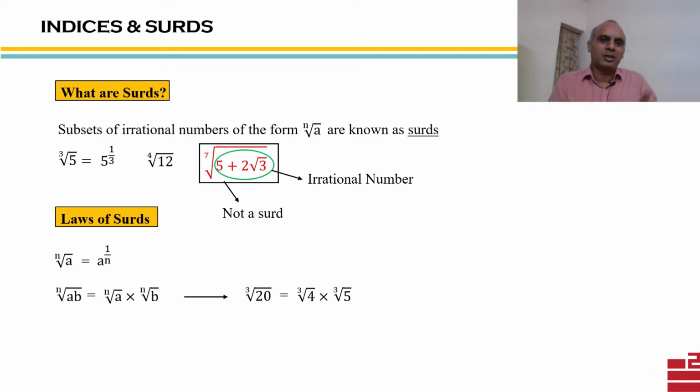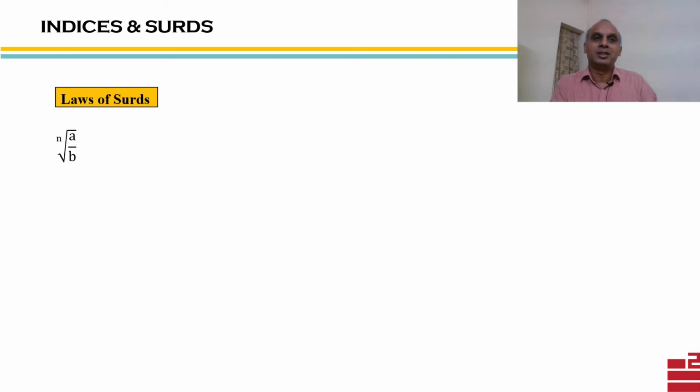So I can segregate them, apply the rule and get the answer. Some of you may argue, sir, why did we not do it like this? Because 20 you can also write as 2 into 10. So we can say cube root of 20 is cube root of 2 into 10, which is cube root of 2 into cube root of 10. The answer is, of course, why not? We can do it. So it's up to the question. I mean, what kind of question is asked, we will segregate accordingly. Now, next rule is regarding division. So we have nth root of a upon b. Like in the previous case, here also we can segregate like this. Example, again, cube root of 7 by 5. We can segregate like this.